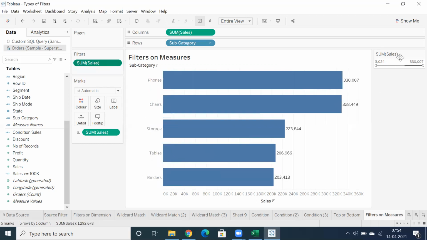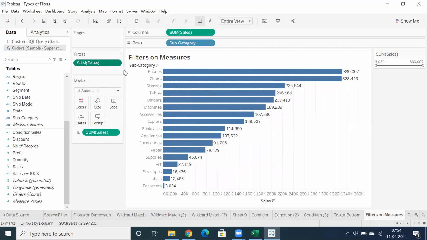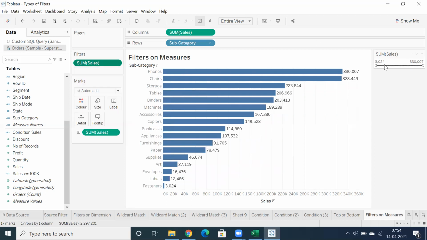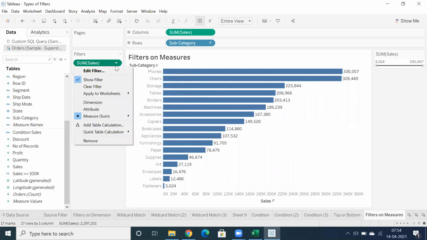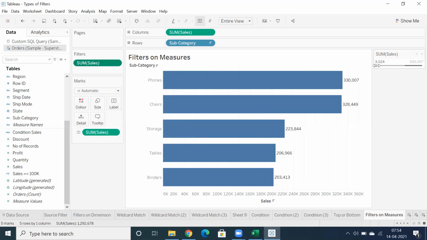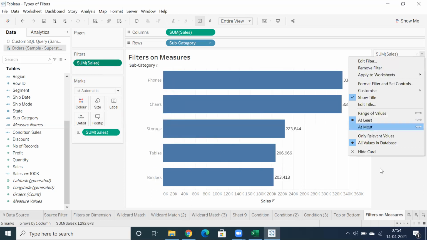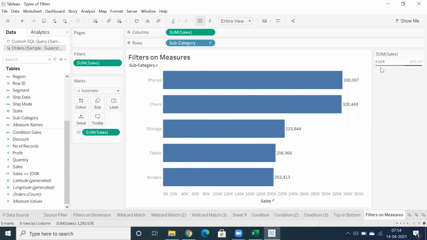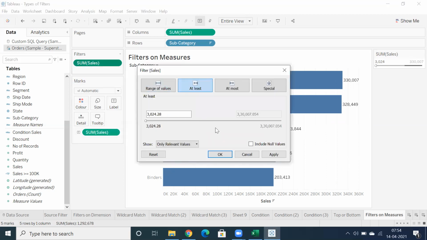Clear, right? And if you want to go for only minimum value, right? So in mostly 90% of the cases, I do feel we used to go for range of values. But sometimes they want to restrict the user to select only minimum value, not maximum. Okay, so you can select only minimum value. You understand, right? So you can select only minimum, not maximum. Let me edit. So if you can see here,